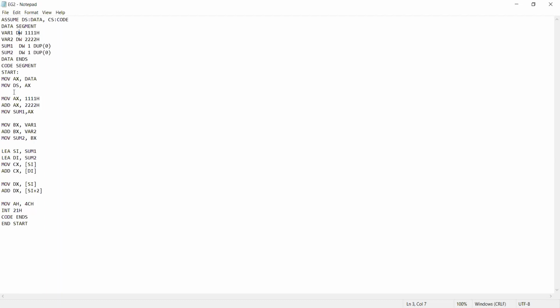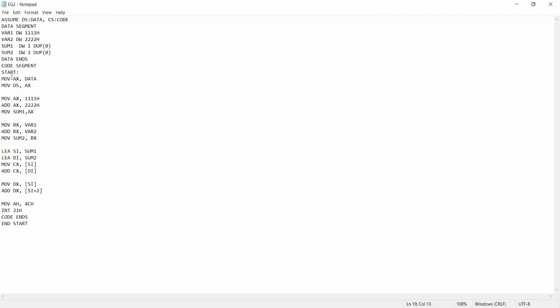Here we are going to initialize those variables with 0. Later, we are going to update them. When we look at the code segment, this is the code segment.